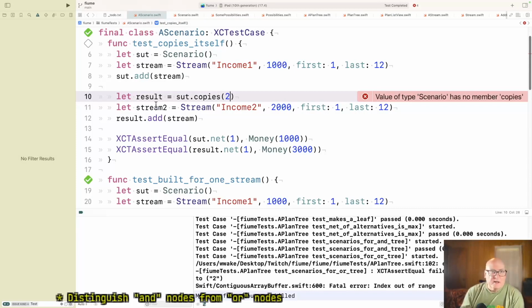Reach out to one of the copies. Yeah, that's true. Okay, so makes independent copies, I think, is the real core of this. All right, and so copies is going to be an array or a set.